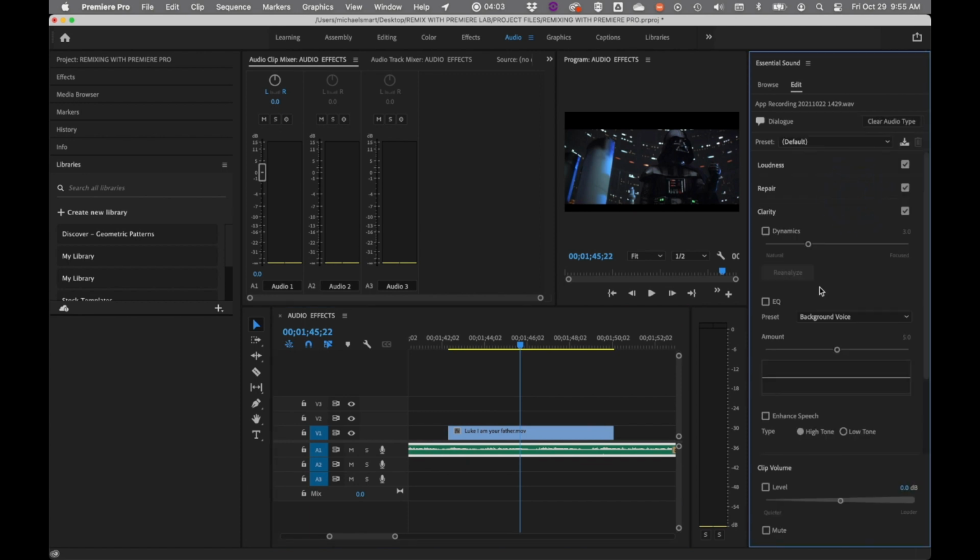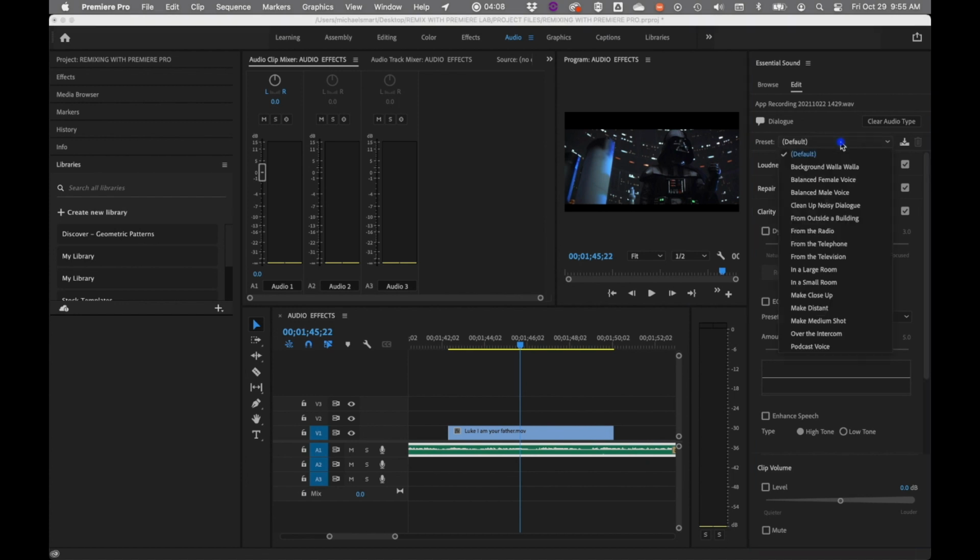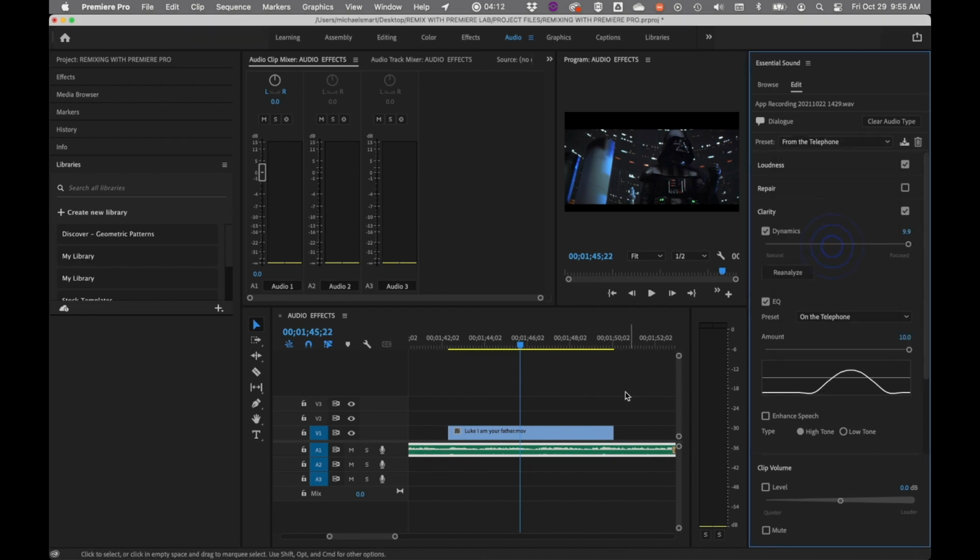Underneath the dialogue, you have all sorts of controls and presets. So what I'm going to do is use the preset for the telephone. What this is going to do is apply an EQ effect to the sound, and it's going to strip out all the bass of the sound. It's going to make it sound quite trebly. And when I play back the sound,